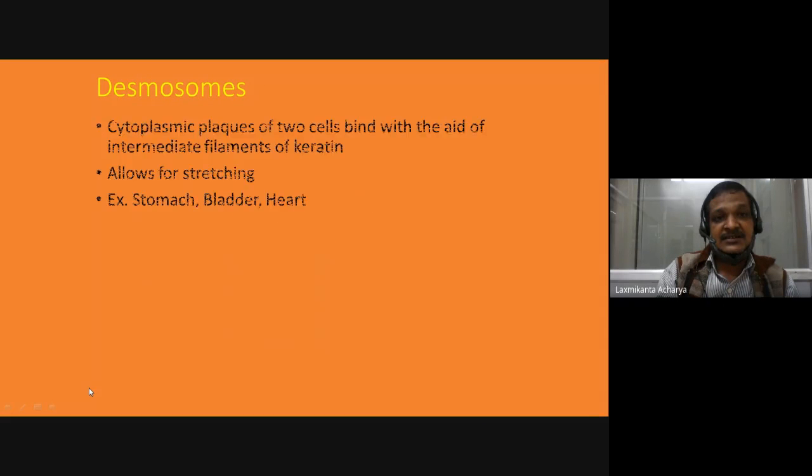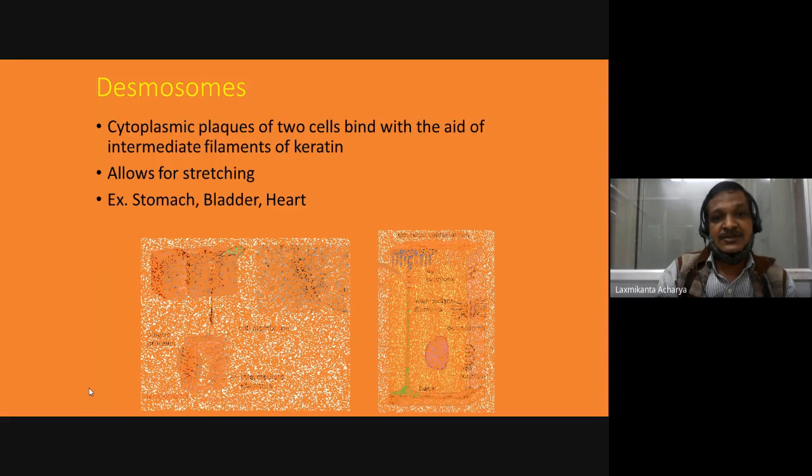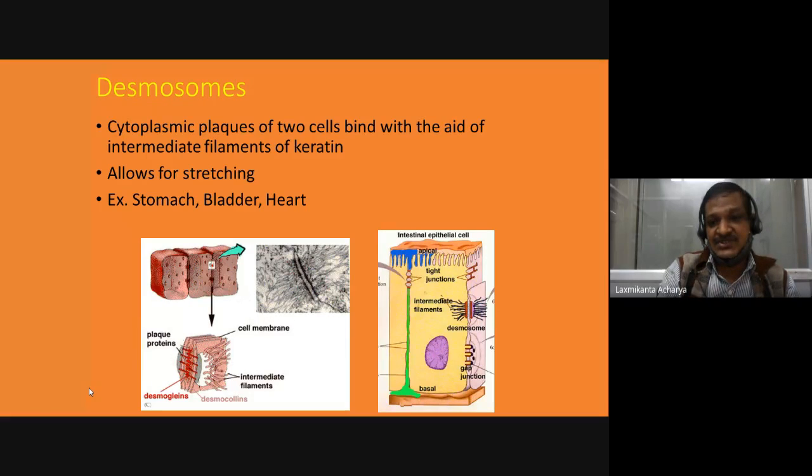And these are your desmosomes. This is your desmosome. Okay, there are keratin-like filaments made up of keratin. So the cytoplasmic plaques of two cells bind with each other. So this is your desmosome, and you can find this kind of junction in the stomach, bladder, and in the heart, because